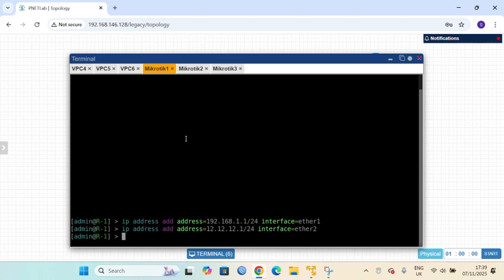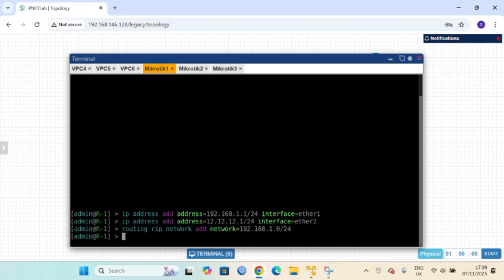The command is routing rip network add network 192.168.1.0/24, and we enter.